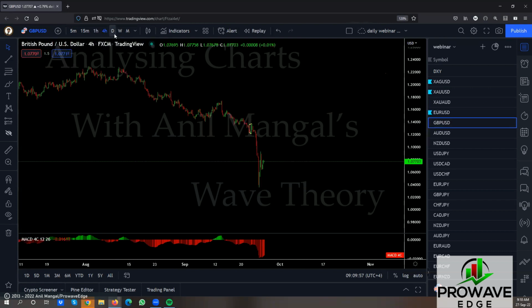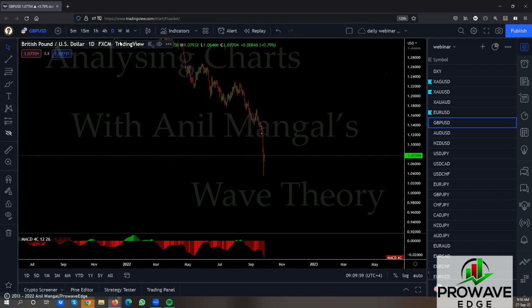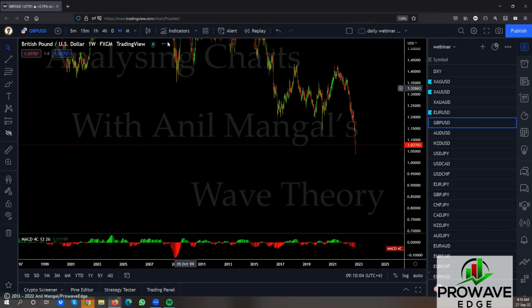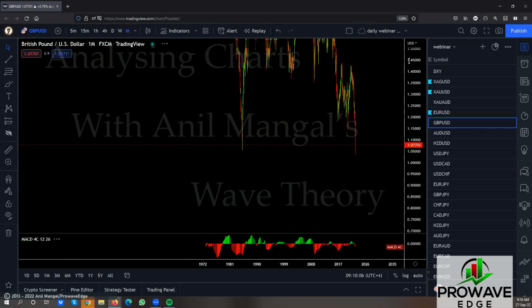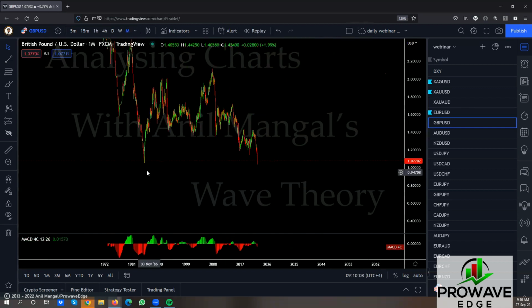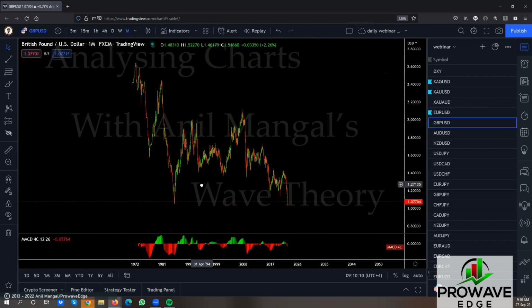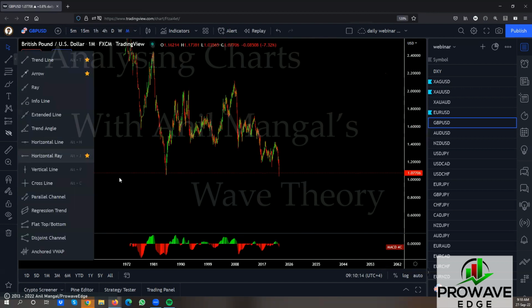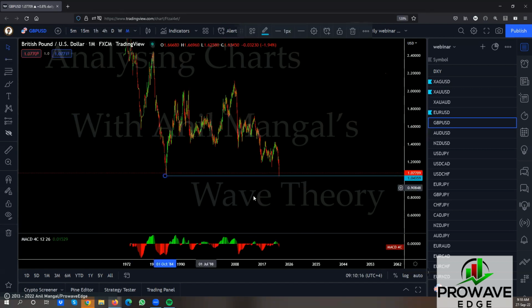Yeah. It did break the low and it keeps dropping more. So how far can this go? Let's see in the weekly. Well, there's no limit to how far it can go. The very low. Oh, did we break this low? The all-time low? I think this was the all-time low. If we broke that, then this is amazing. If this is the real low and we broke it, that is super amazing, right?